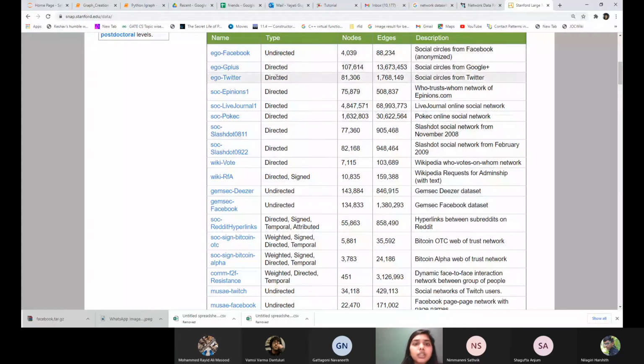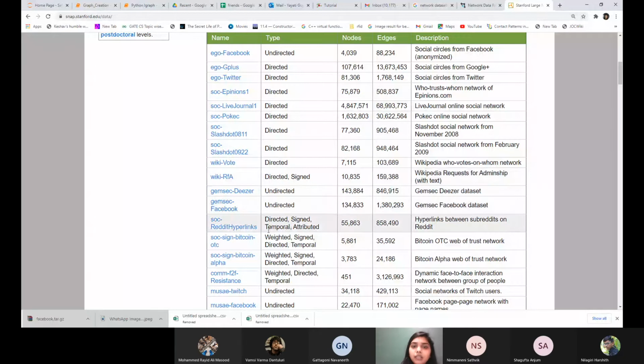If you look at Google Plus or Twitter, those are directed networks. In Twitter, you have who follows whom, so the network becomes directed. Then you will find some networks which are signed. Signed networks are those in which every edge has a sign, plus or minus. For example, in the network we made, we have two kinds of edges: one were the friend edges and the other were the enemy edges. Instead of defining them as friend and enemy, we can make them signed. So friend links will be plus and the enemyship links will be minus.